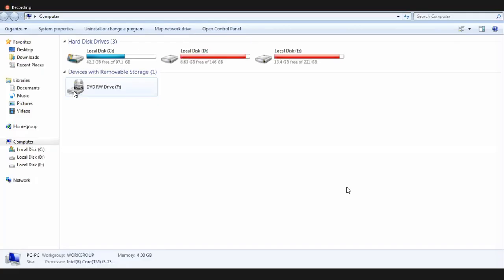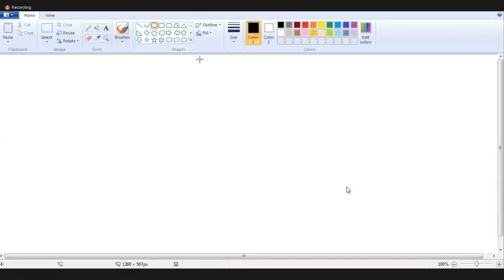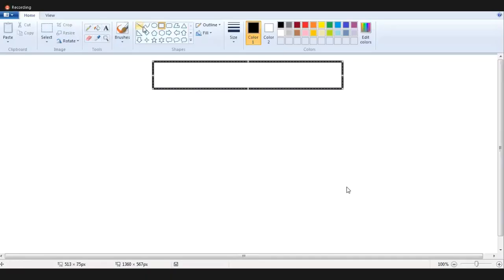Okay. How to create a tree, guys? Now I am going to create the tree. What does it contain? See this. This is a root node. First we have to create a root node. Every node contains what? 3 fields, guys. What are the 3 fields? This is a data node, left node and right node.